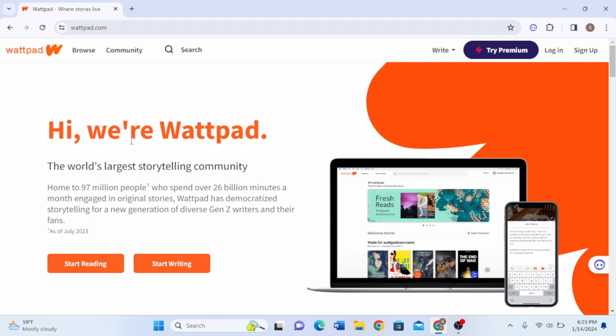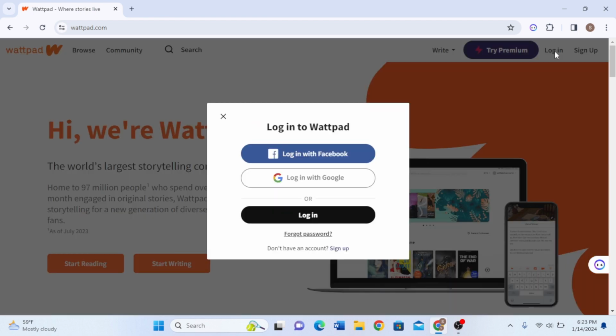So we can see we just landed on the Wattpad official homepage. And on the top right corner, there's a login section right over here beside the sign up. Click on that option, and if you have not enrolled or registered your account in Wattpad, you can simply click on this option that says sign in. So click on this login first, and here you can see you can also log in with your Facebook or